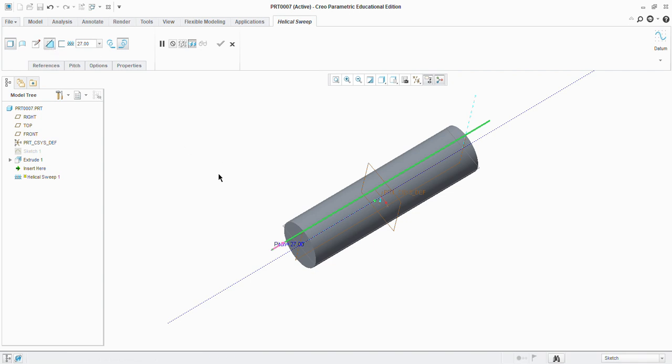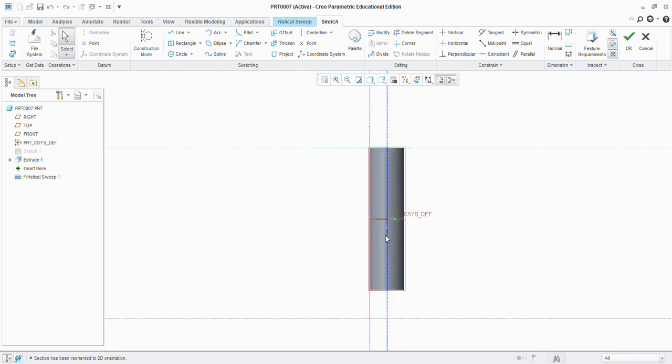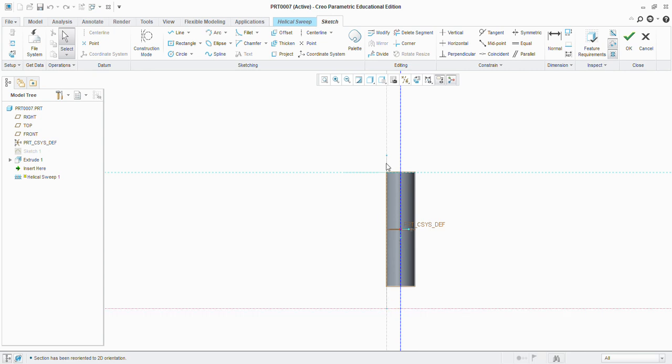Click this thing, and now where you need to create a profile, the thread profile, will be automatically decided by the system. So you just need to press this create or edit sweep. Just click this. Now the profile you have to draw is automatically selected. Now you have to just click this normal view. So draw the profile from here, because we have already provided the length from here up to this point. We want our thread to move from here to here,